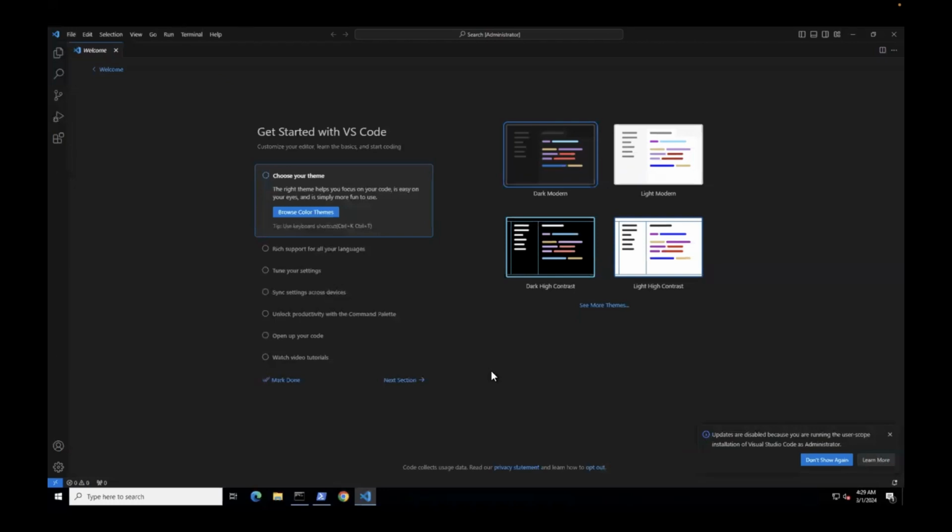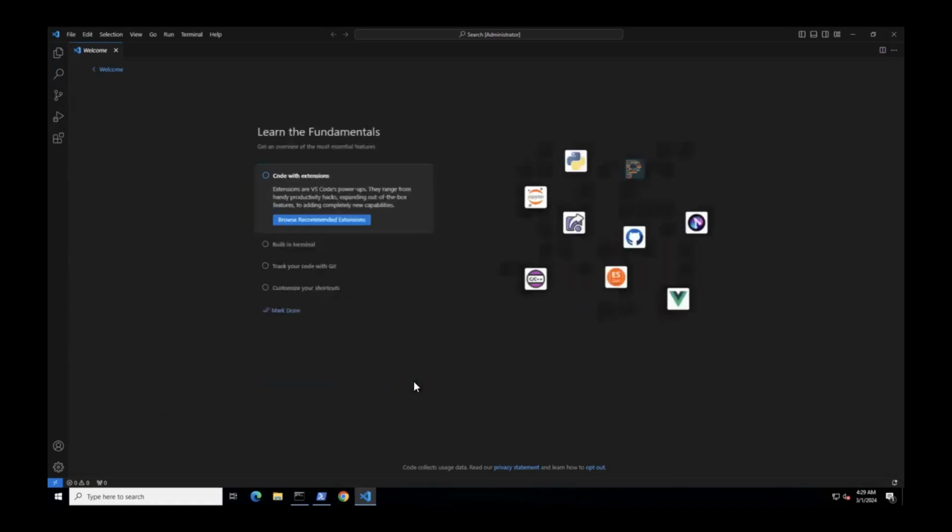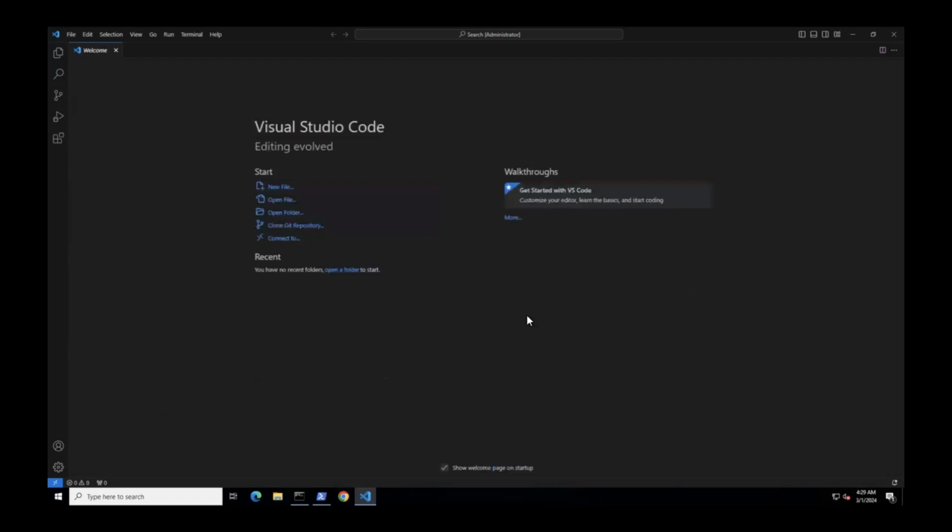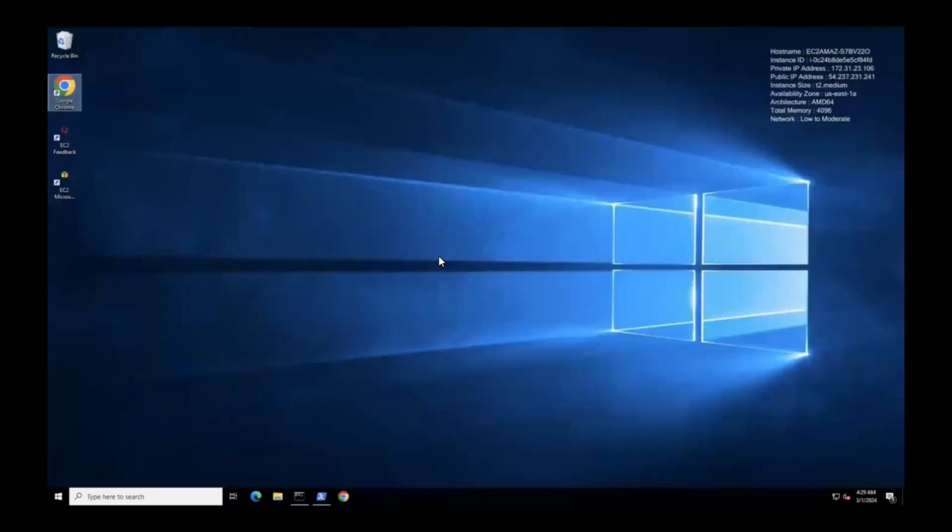For the first time when you access it, you need to do some settings in terms of theme, in terms of basic understanding about the tool. So you have 4 different themes. You can select one of them, then click on next section. Then if you want to install any tools or plugins, you can install them. If not, go with the Markdown. So this is Visual Studio Code. What I will do with these 3 softwares